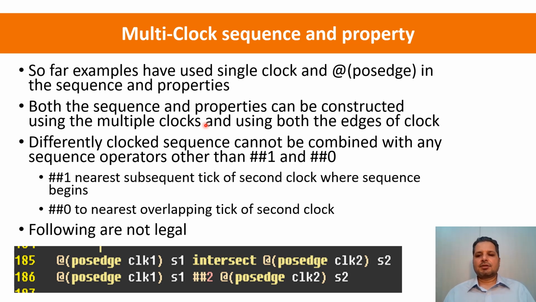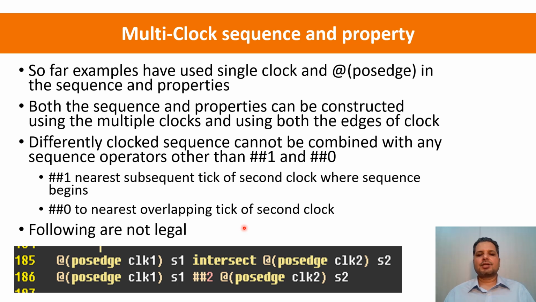So any very flexible constructs of the properties, they do come with some limitations or restrictions, and they will have their own nuances as well when you push them to the limits. If you have differently clocked sequences, then they can only be combined using the sequence operator, this ##1 or ##0. ##1 will mean, when you are combining with a multi-clocked sequence, the nearest subsequent tick of the second clock where the sequence begins, and the ##0 will be the nearest overlapping tick of the second clock,